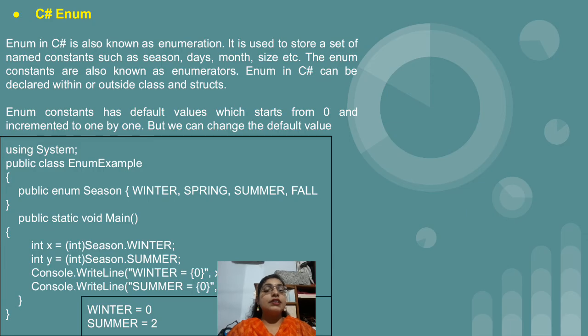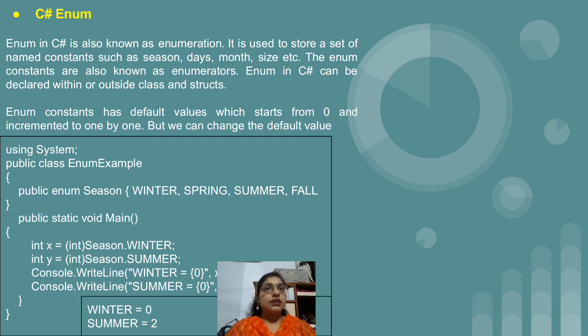After that the next topic is C# enum. Enum actually relates to data types, where we have reference type and value type, right? So in that we have seen all these things. Basically it is a part of, we can say, value type, that is string and enum, and other things like interfaces and abstract classes will be part of reference type. Okay, so enum is a term derived from enumeration.